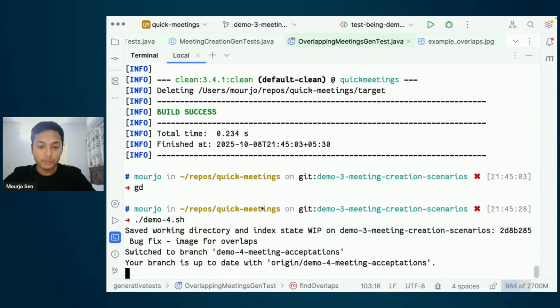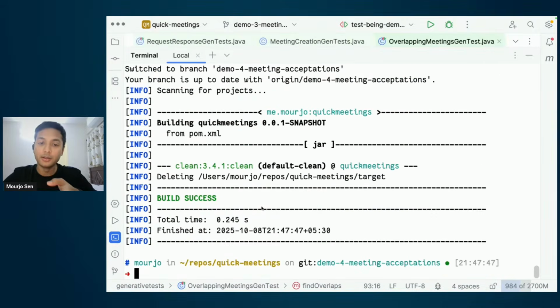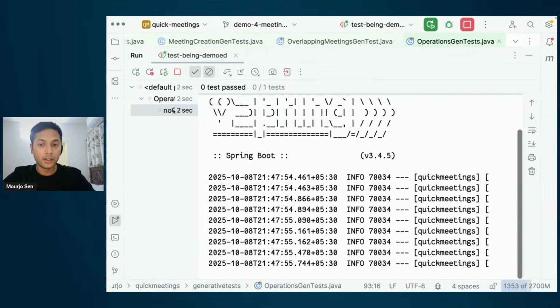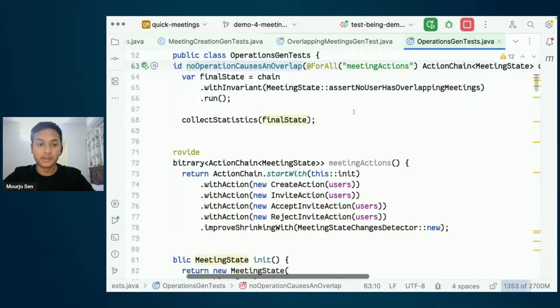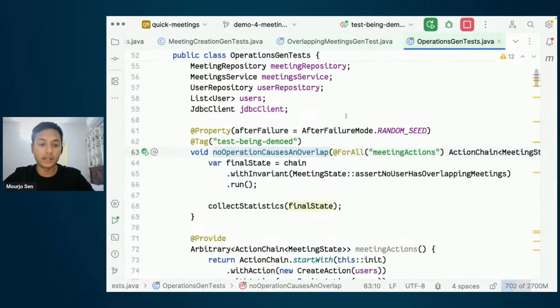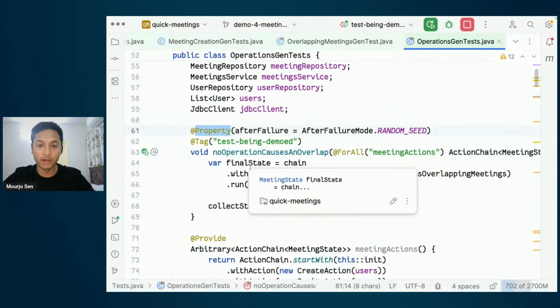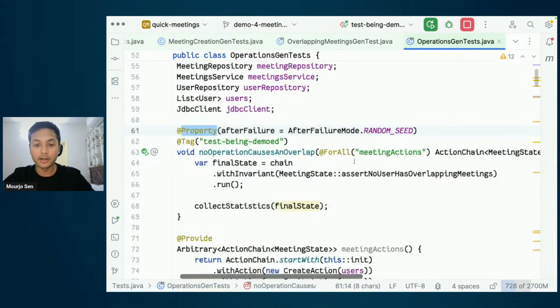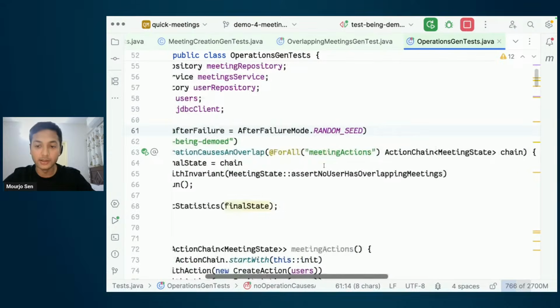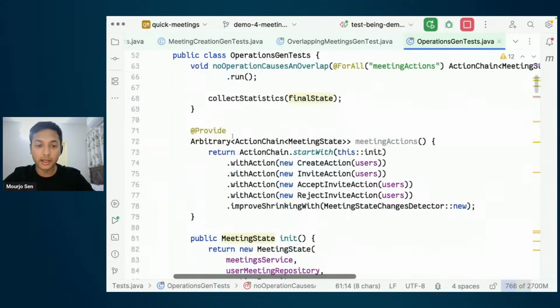So we did the presentation test. We ensured that every time there's a JSON response. We tested the query. Now let's simulate user actions. And this is the business layer that we are testing. So here we have a slightly different way of writing the test. Again, it's a property-based test, not very different that way. But we are saying that this time, for all meeting actions, so we are going to simulate what a meeting action is. Meeting action, again, provided by my custom provider.